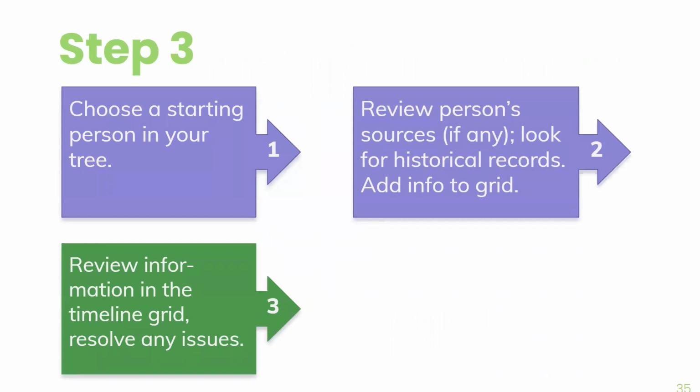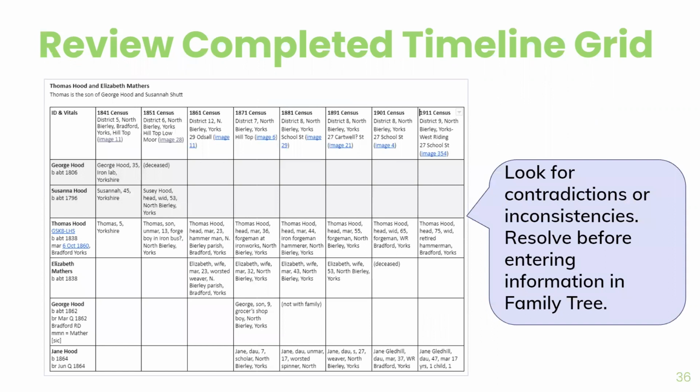So we are now to step 3, where we review the information. And again, this is a very similar situation. I am going to point out that one inconsistency that we talked about before is that here he's 5, then he's 13, then he's 23. So he should have been 3 in the census, right? If these ages are right. But then he kind of switches back. Well, back then,